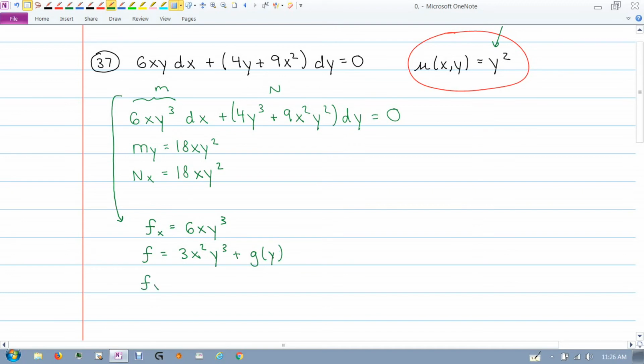Now we differentiate that with respect to y, and we get 9x squared y squared plus g prime of y. And we look up here and we see that this and this match, so that means that g prime of y must be